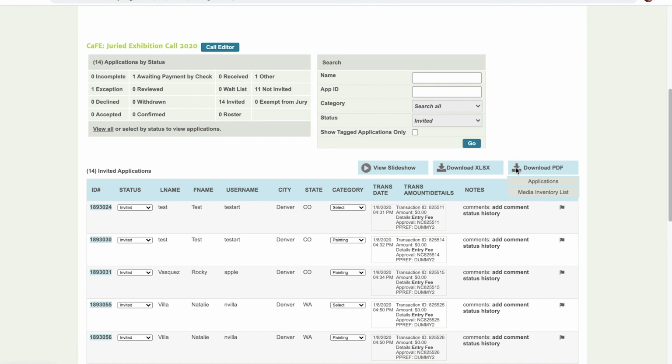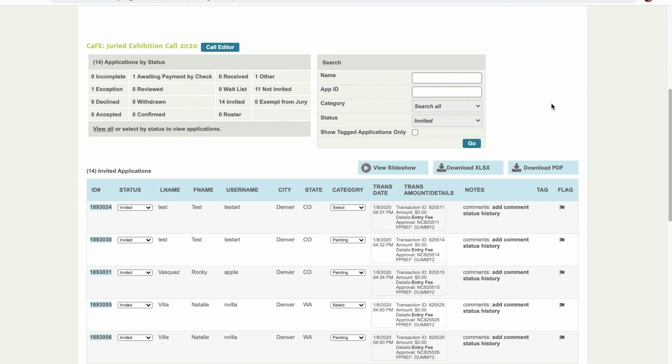However, the one thing that you should know is that if any of the artists archived their entries, like we talked about, that means the information and the images on their applications will be removed from these reports. Not all artists archive their entries, so you may end up with some of the info still there, but it might not be a complete report since some of them will have archived them.